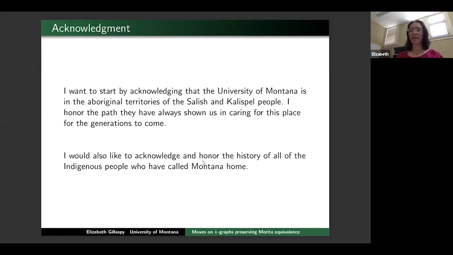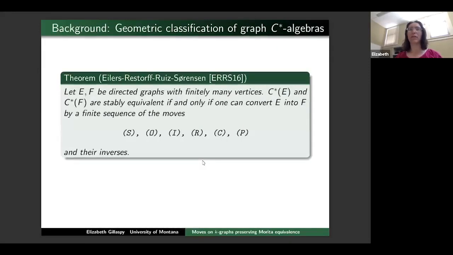And so having recognized some of the history of this place that I'm in, I'm currently in my office. Let me tell you a little bit about the history of the math that I want to talk about. We've heard some fairly different flavors of classification of operator algebras in different ways in different talks. And the sort of classification that inspired this work of ours on moves on higher rank graphs, for me, the sort of touchstone moment is this 2016 paper by Søren Eilers, Gunnar Restorff, Efren Ruiz, and Adam Sorensen,